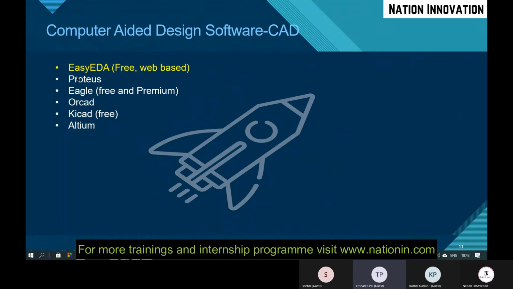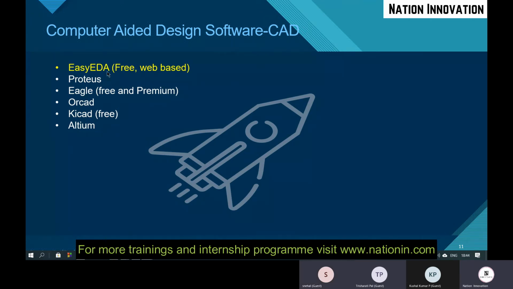Yeah, all the features are present in other tools as well, but EasyEDA is free-based. You can access this EasyEDA tool freely. It is not a premium version, but for Eagle and other software, it is a premium version, so you need to buy it.